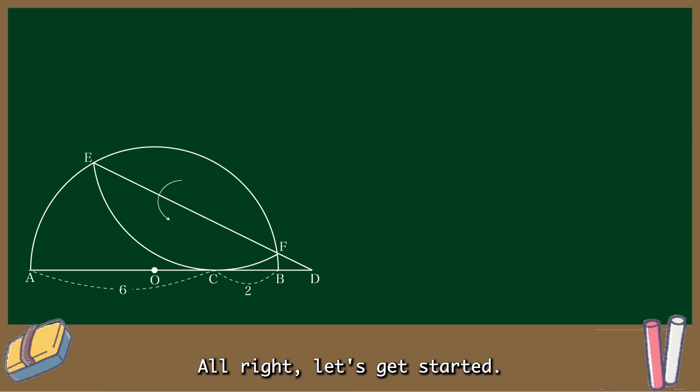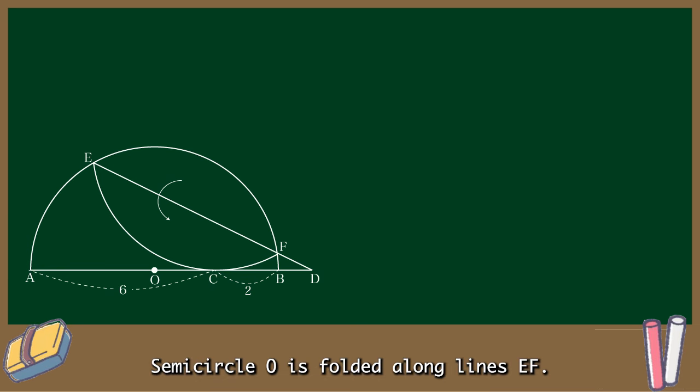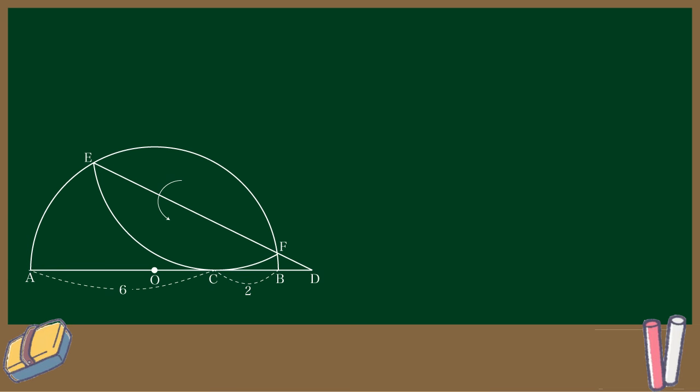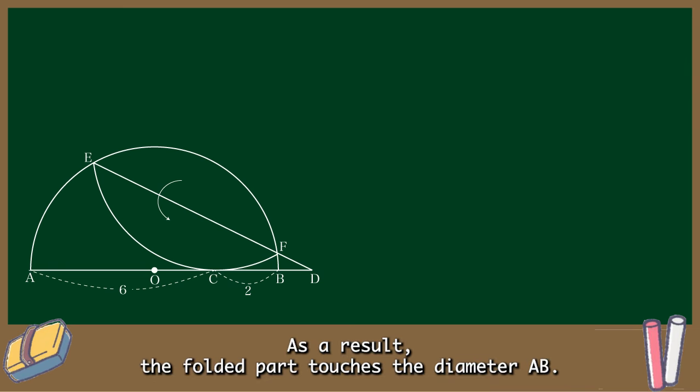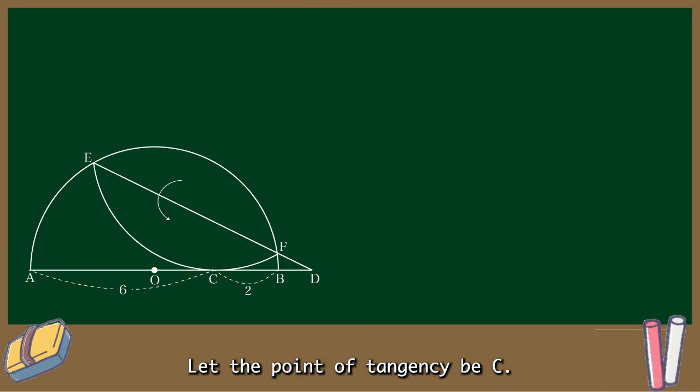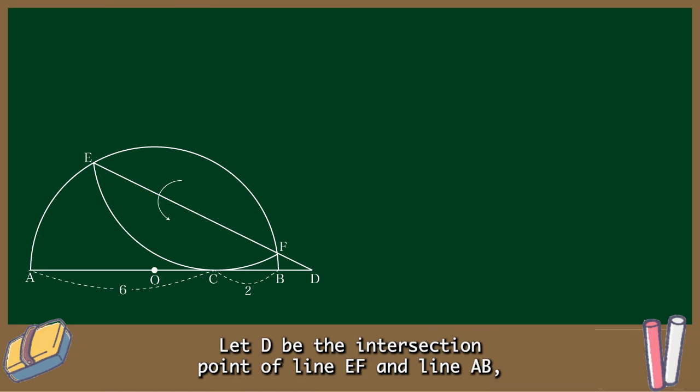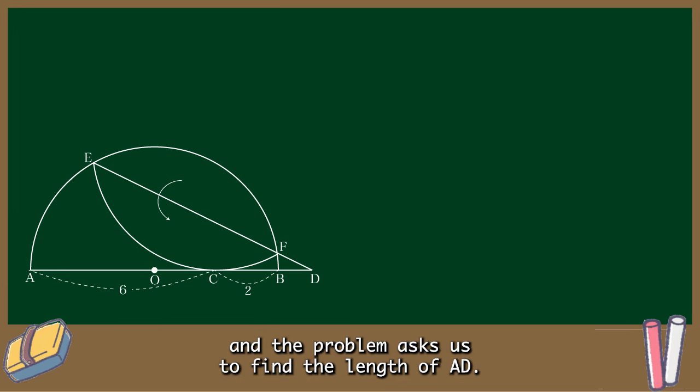Alright, let's get started. Semicircle O is folded along line EF. As a result, the folded part touches the diameter AB. Let the point of tangency be C. We are given that AB is 6 and BC is 2. Let D be the intersection point of line EF and line AB, and the problem asks us to find the